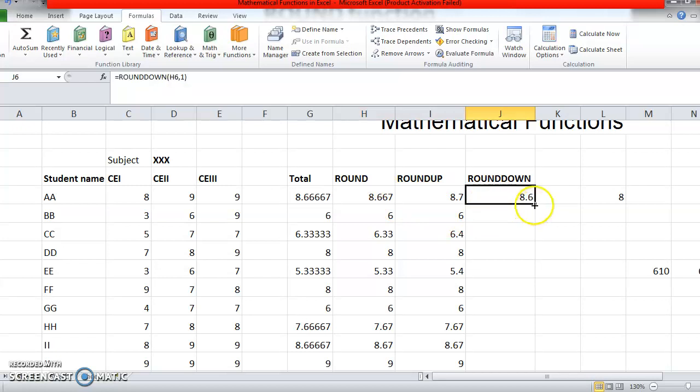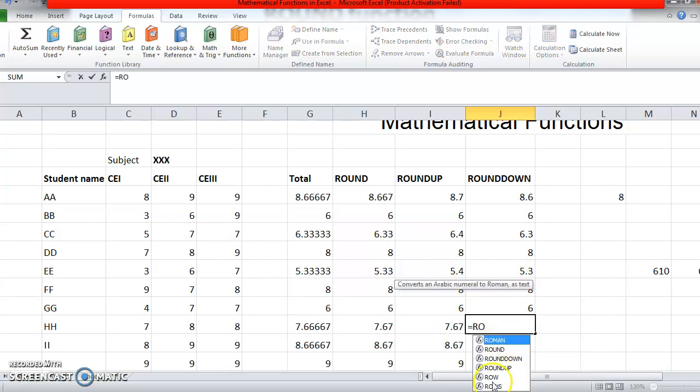Okay. Similarly, if I want to use this for like this, here no change. 6.4 rounds down to 6.3. Similarly, 5.4 rounds down to 5.3 only. So like that, if I want to make it round down,